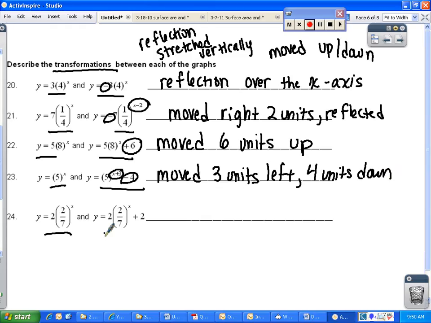And for the last one, you will see that we have a plus 2 at the end, so therefore this is just moved 2 units up. Okay. This concludes